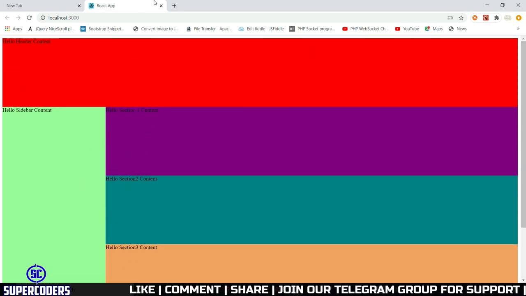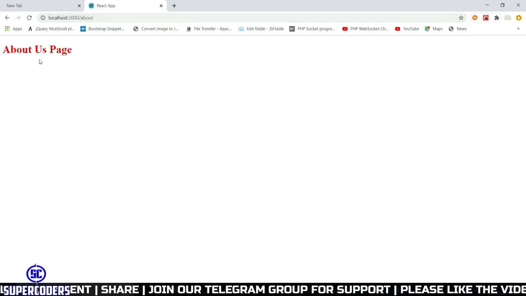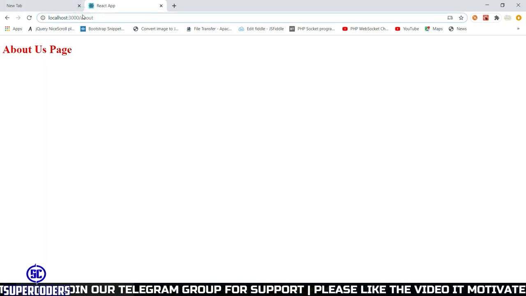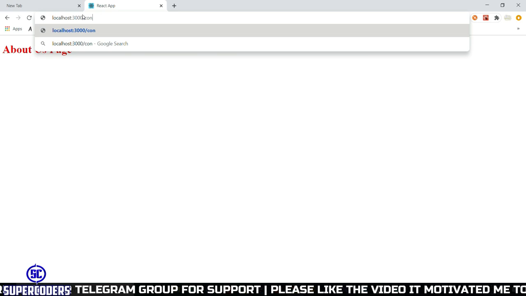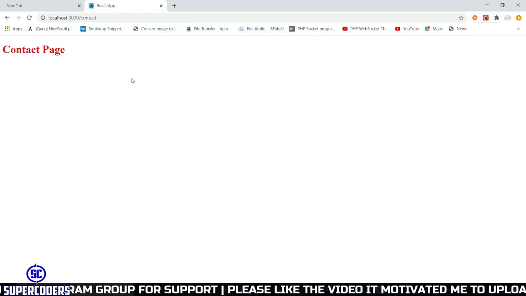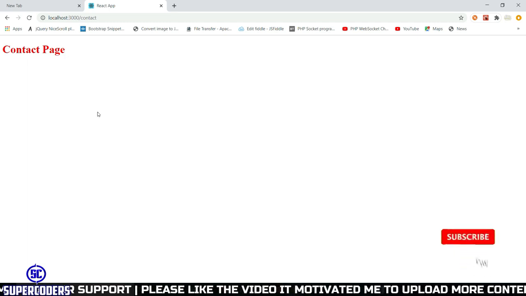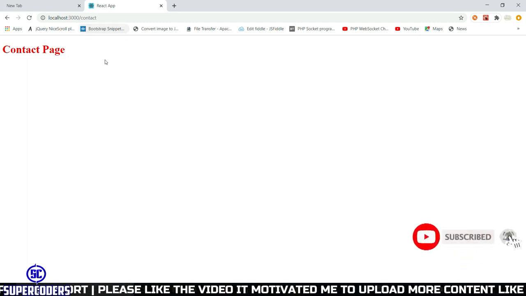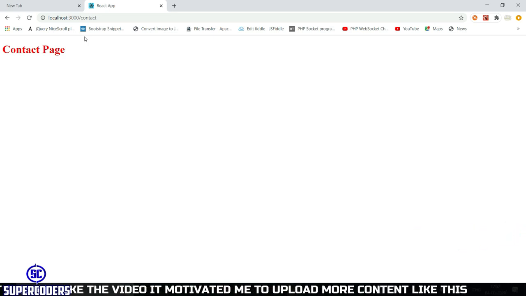Now let's open other page like about, and you can see it returns the about us page. Also if I change to contact, you can see it's working. So in this way you can create routes in React.js, and here you can see I created 3 pages, which is first main, then about, then contact. So in this way you can create routing in React.js.